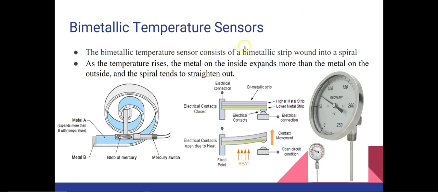And let's see the construction of the bimetallic temperature sensor. It consists of two metals, metal A and another is metal B. And these two metals have different thermal coefficient. And here you see a globe of mercury which is attached over here, and at the end is your mercury